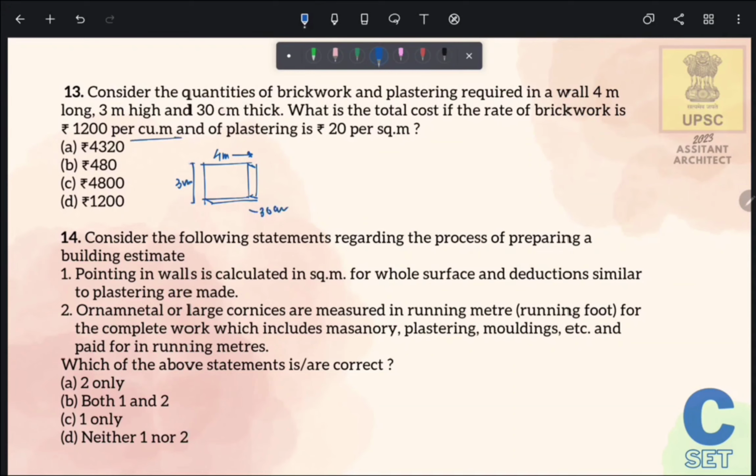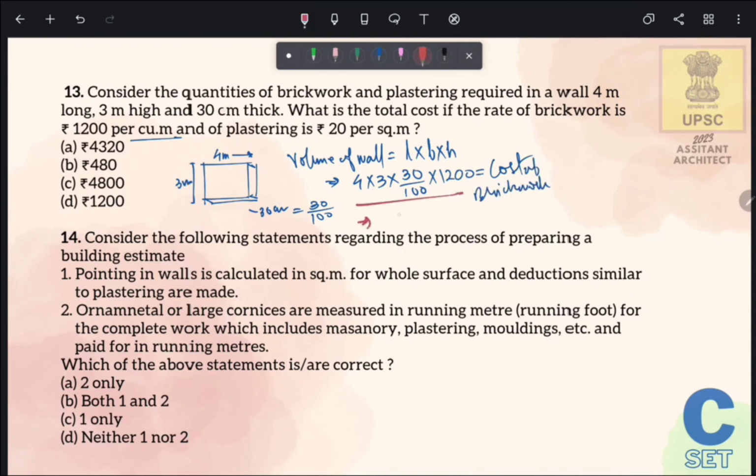Now the rate of brickwork is given in cubic meter, so we just have to calculate the volume of this wall, which will come by multiplying its length into breadth into height. And when you are doing this, don't forget to convert this centimeter value into meter. Now the volume will be 4 into 3 into 30 upon 100. And when you multiply this volume with the rate of brickwork, it will give the cost of brickwork. On solving this, you will get